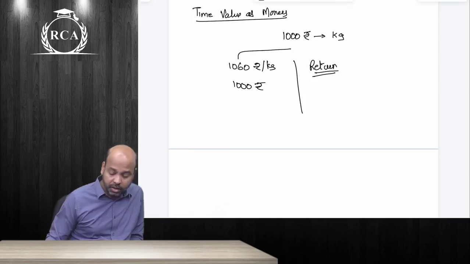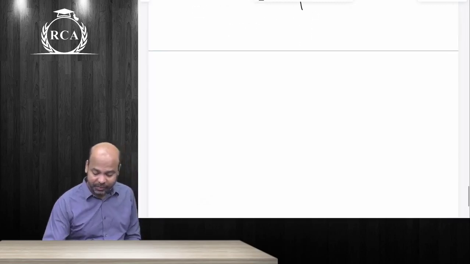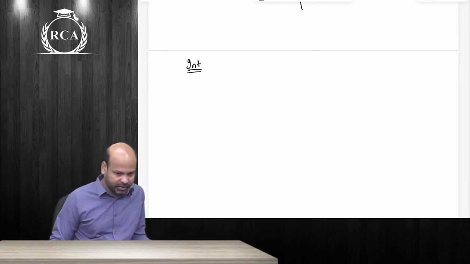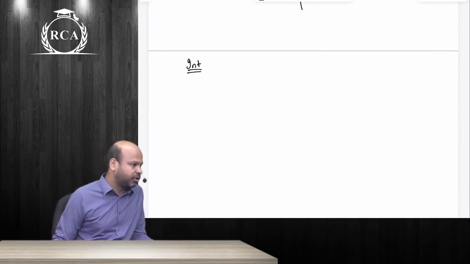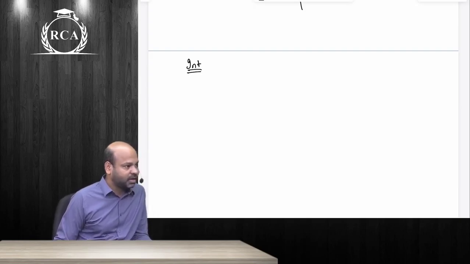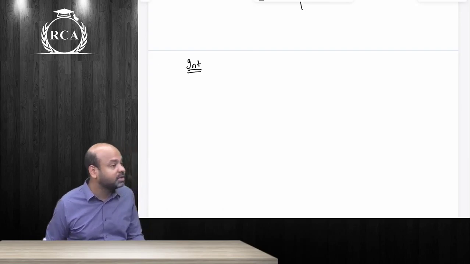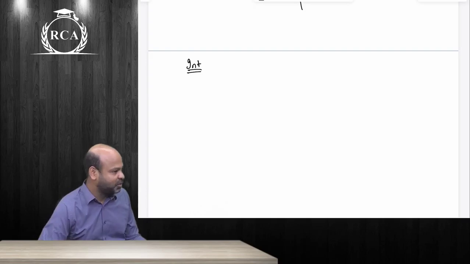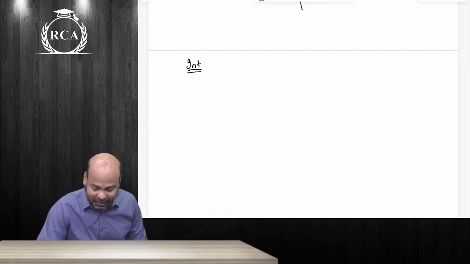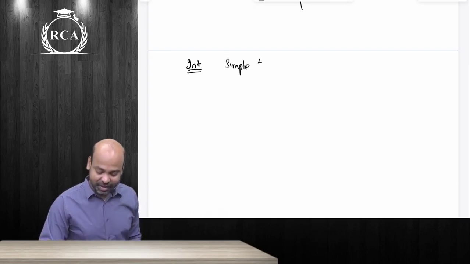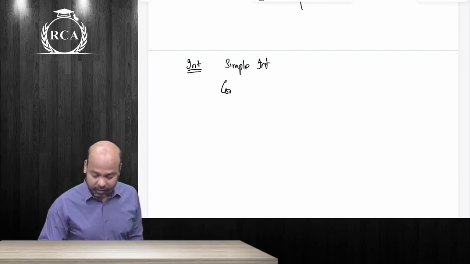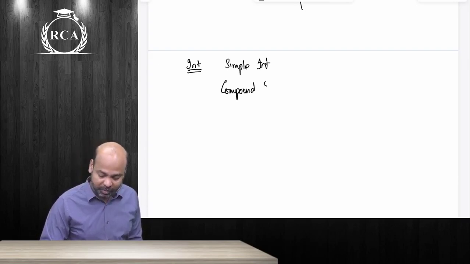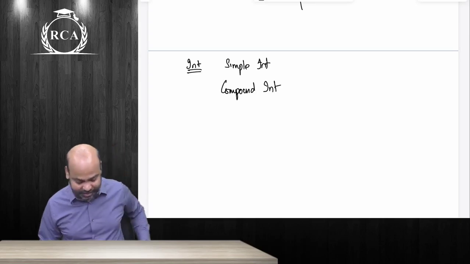Are we clear? So under interest, guys, there are two ways of computing interest. Interest is a basic remuneration for decrease in purchasing power of money. We have two methods of computing interest. Correct, beta Nimit? Yes, beta. What are the two methods? Yes, beta. That is what I was talking about. Very good, beta. There is simple interest, guys, and then there is compound interest. Now, Nimit, what do you understand by simple interest?